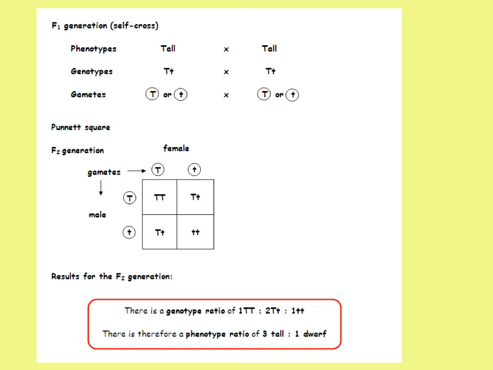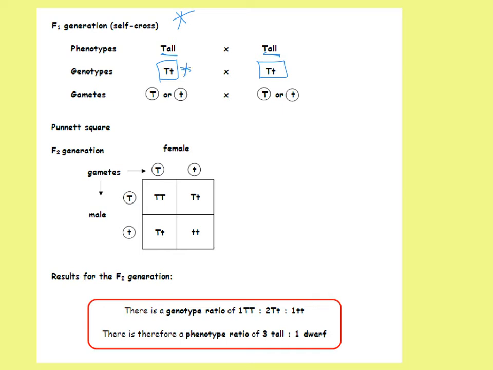So here, up here, we've got the F1 generation, and we're going to self-cross them. So we take individuals that are tall and that have the genotype large T, little t, and we're going to cross them. Now, the possibility in the gametes, when the gametes are formed, so imagine you've got lots of cells over here,